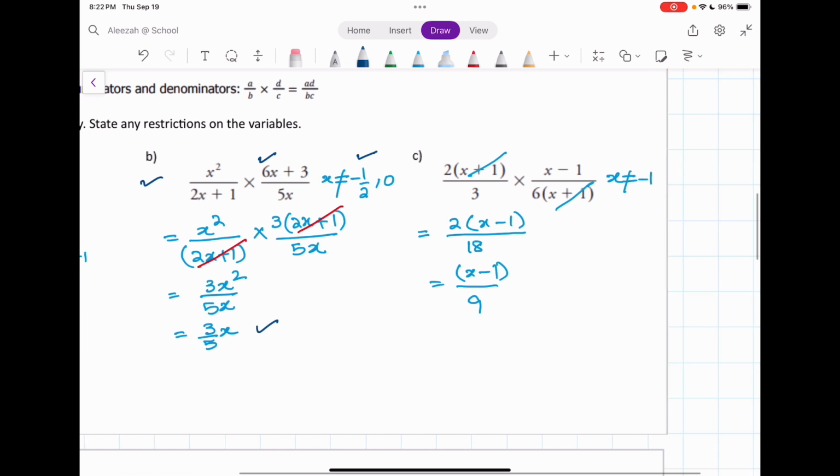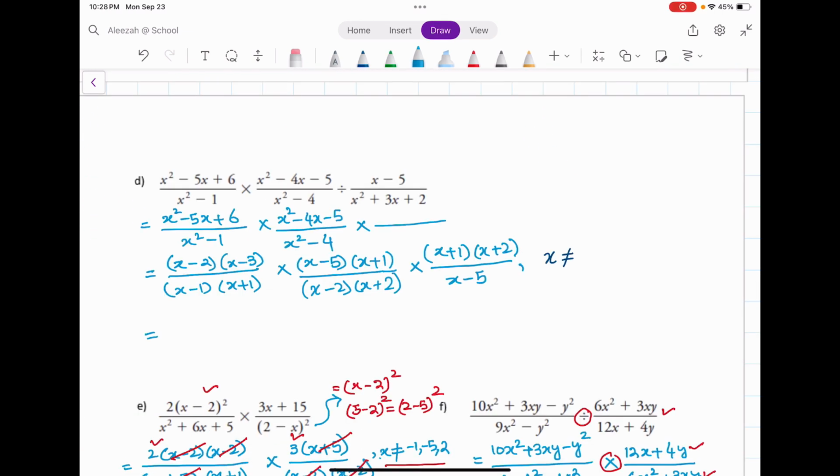The next question, it's already factored, right? So I simply write the restriction from here, and then I cancel out the common factor, and I'm left with this. Further, I can simplify 2 divided by 18, which is 1 over 9. So that is my answer. Okay guys, next we have,